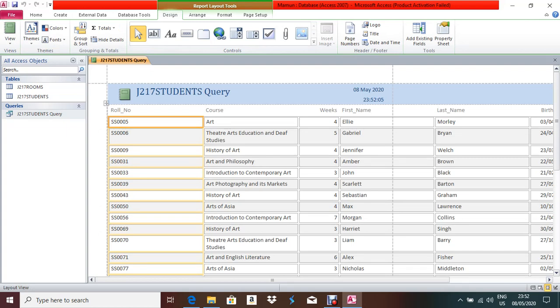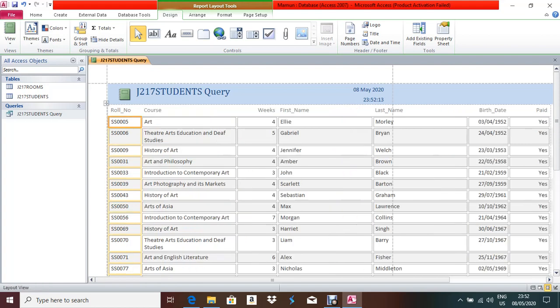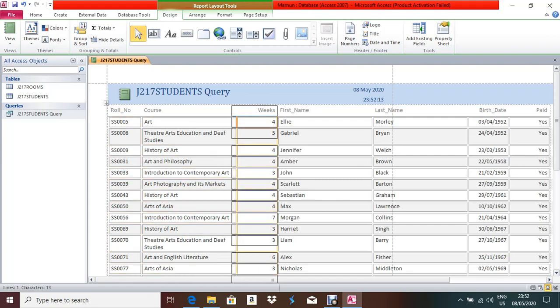So this is the line of the print. So what you will do, you will keep all the fields before this line. Try to keep all the fields before this line.